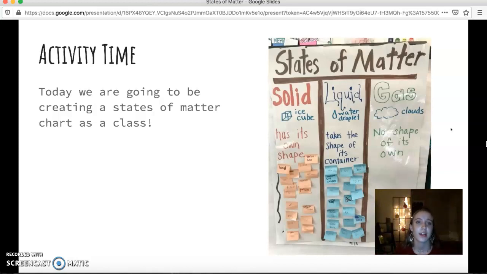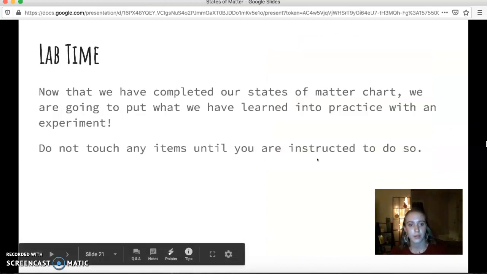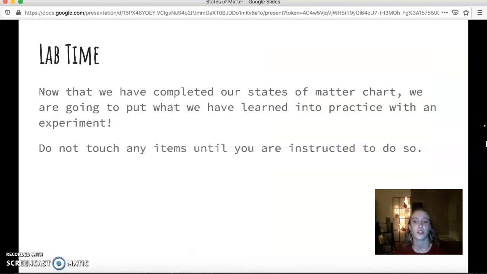So as an example, if I did this and one of my students, say she sat up front, she might want to give an example of a solid being a crystal, like a crystal rock, because she's probably looking around the room. I might have a rock collection or a bookshelf or different things that she can look at for inspiration. So hopefully she'll look around and see something. So one example would be that, and a property would be that it's hard. It has a defined shape. And then moving on from there, after we've completed that entire thing, we will then be moving on to lab,